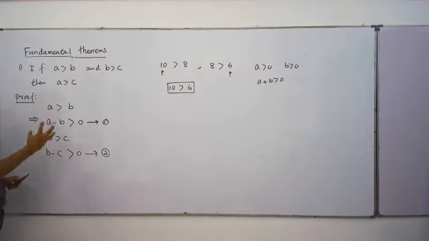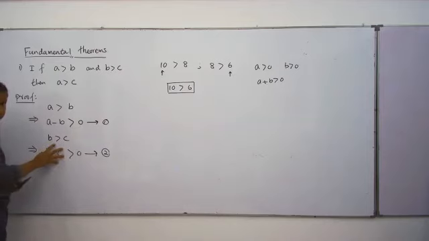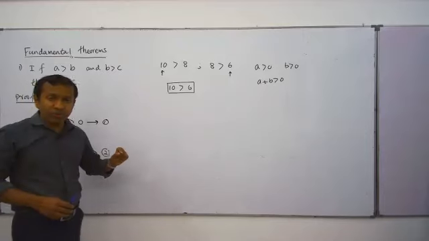This difference is a single real number. Suppose A is 10, B is 8, 10 minus 8 is 2, a single answer, and that is positive. Likewise B minus C is a single value, also positive. Then the sum of two positive values